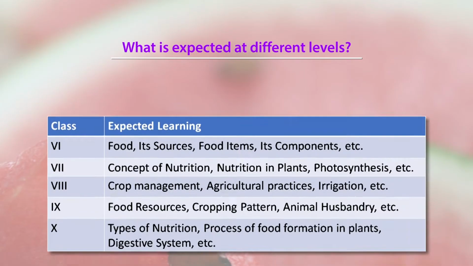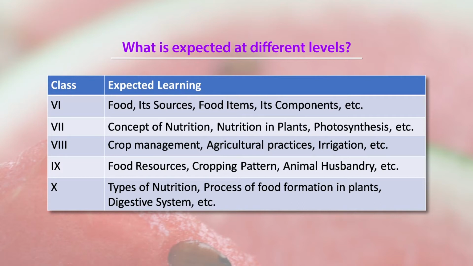So if we are trying to deal with this concept at different levels, you see this table. At class 6 level, when we deal with the topic of nutrients and nutrition, we basically talk about food, its sources, what the different food items are, what the common components of the food items are. Everything comes at class 6 level. Then in class 7, we introduce the concept of nutrition, then nutrition in plants, nutrition in animals,